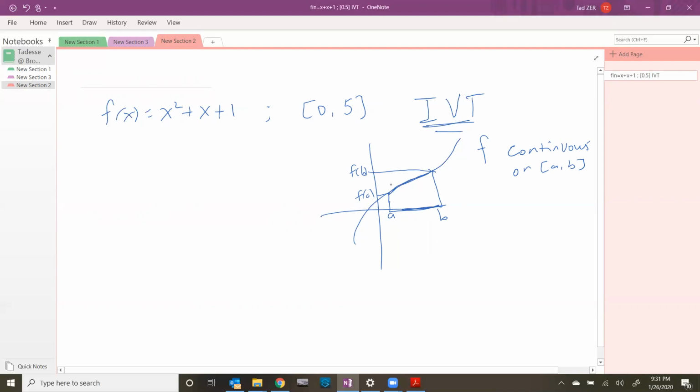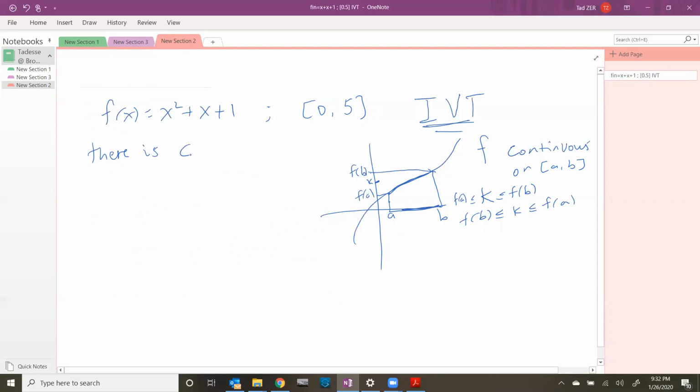So if it is continuous, and if you pick any number k between f of a and f of b, without loss of generality, let's assume that f of a is less than f of b. If it is the other way, it makes no difference. It will be f of b is less than or equal to k is less than or equal to f of a. The point here is you have k between f of a and f of b. So the intermediate value theorem says, if it is continuous and k is between f of a and f of b, there is